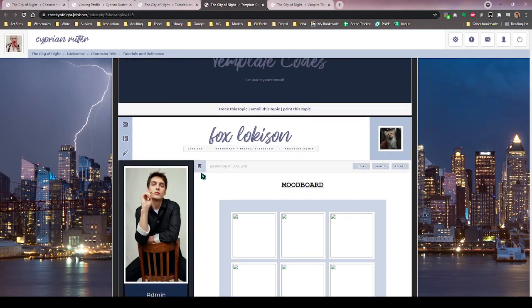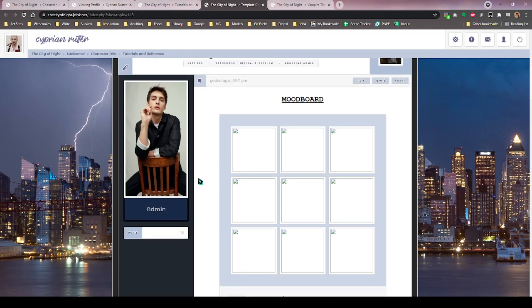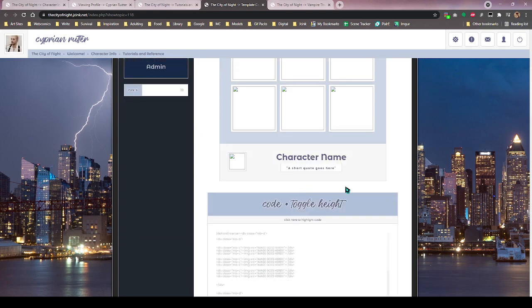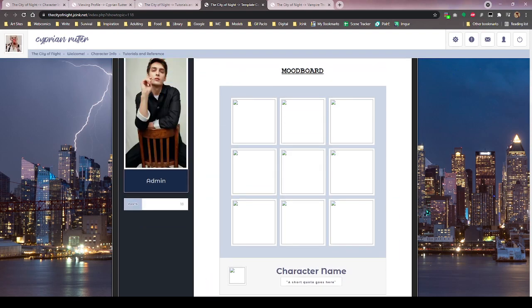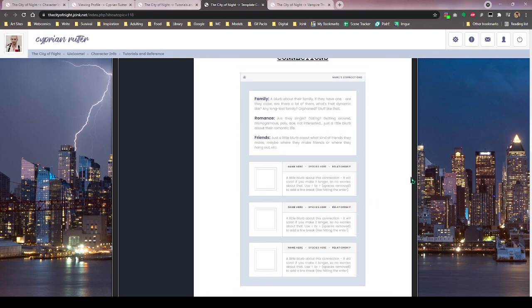Alright, here are the template codes for your character info. And like your social media and texting, if you haven't seen those tutorials, you can check them out. This comes in templates. Templates are basically chunks of code that you can fill in pieces of. So, a mood board, you'd put images in. Connections,